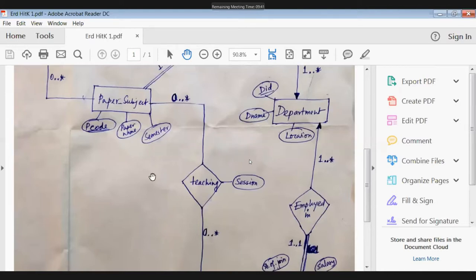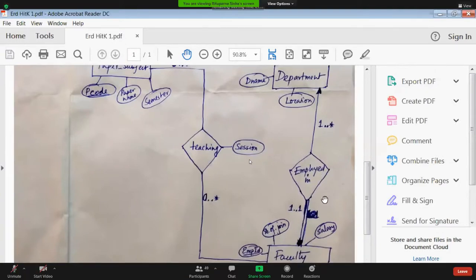So this is a scenario of heritage, but it is not necessary that you can always add 0 here. You may add 1 also. You may say that there is an institution where if the subject is there, immediately faculty should be there. It depends upon the problem, what is it in your hand.